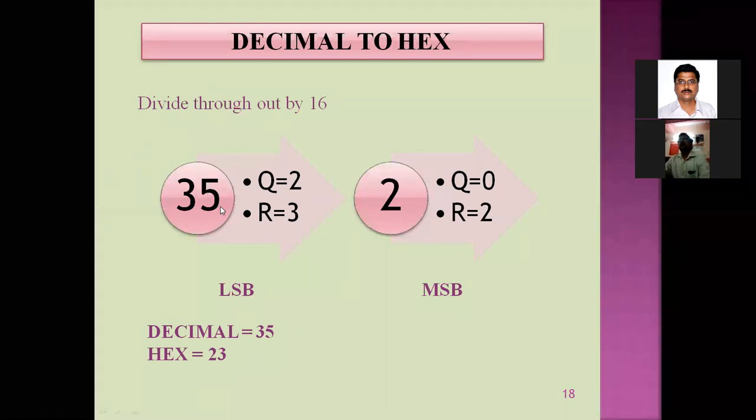Here a small example is given, with 35 as the number. It will complete in only one single step. That is the reason I want to take a bigger number.